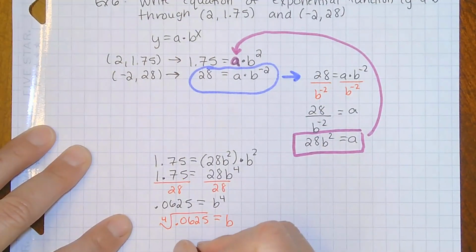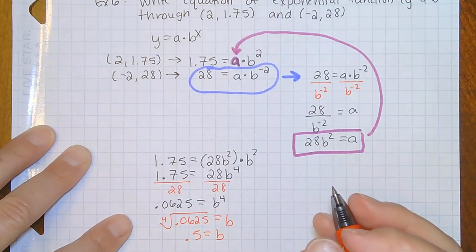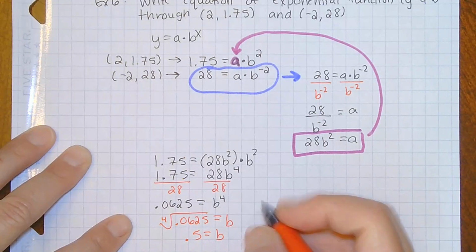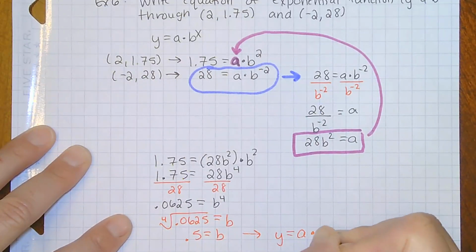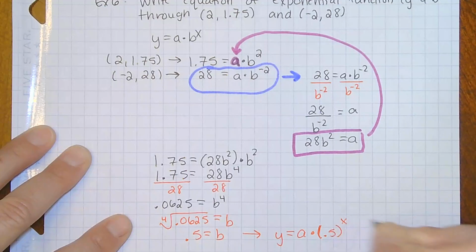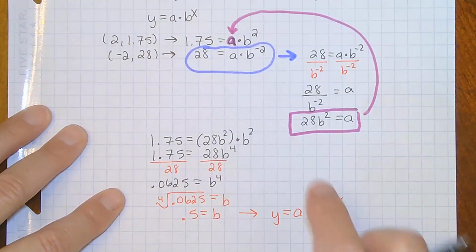So I get 0.5 is equal to b. So now I know my b. So I know my equation is going to be y equals a times 0.5 to the x. And to find my a,